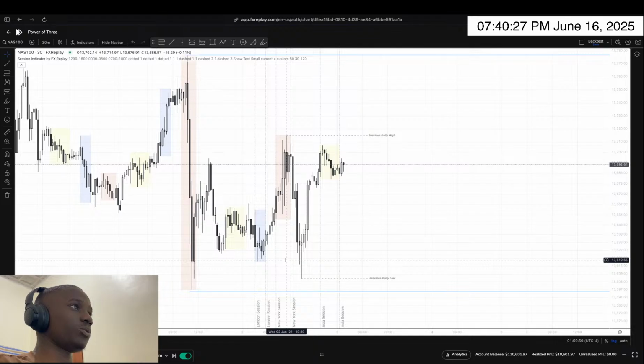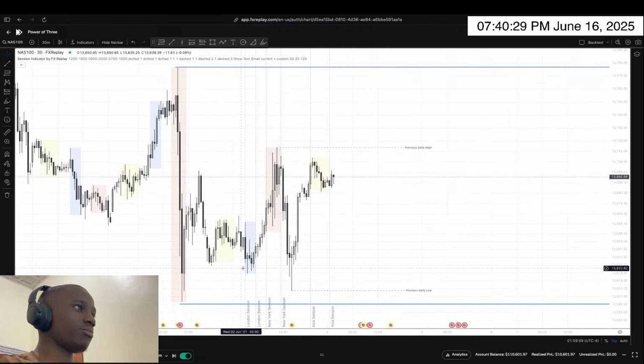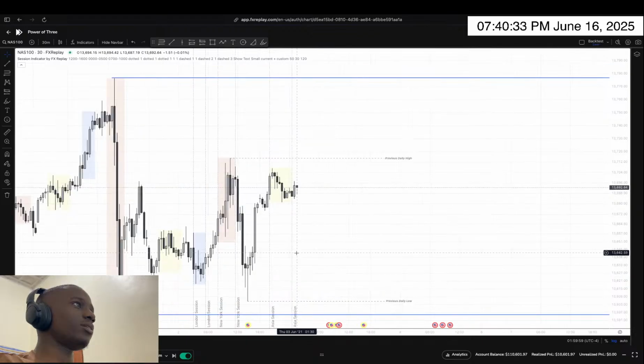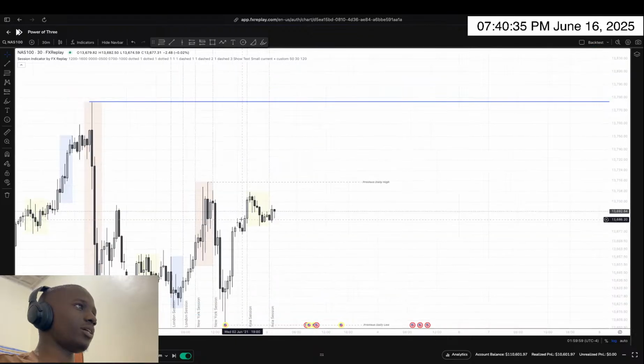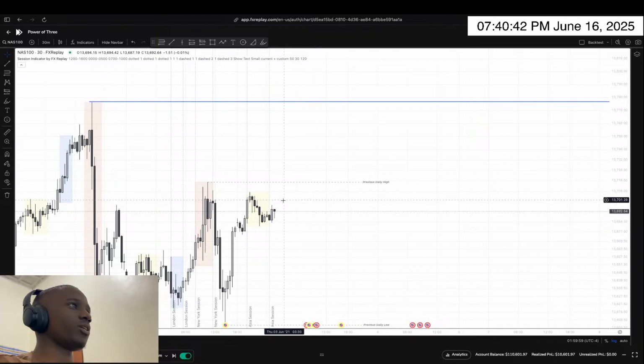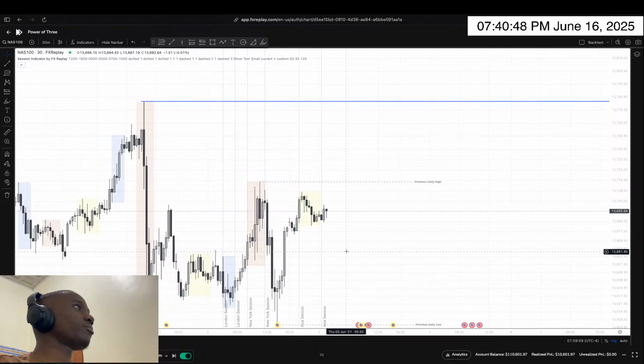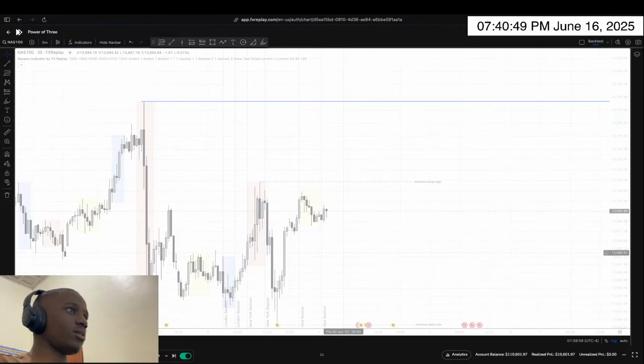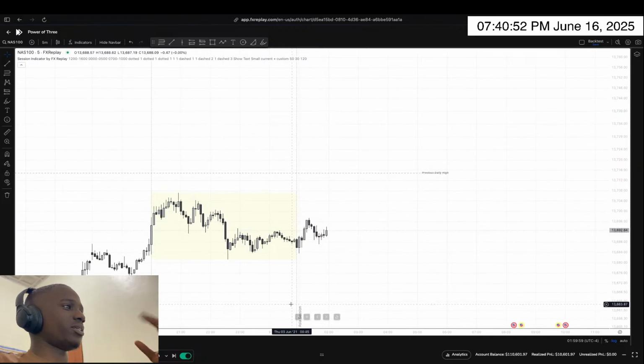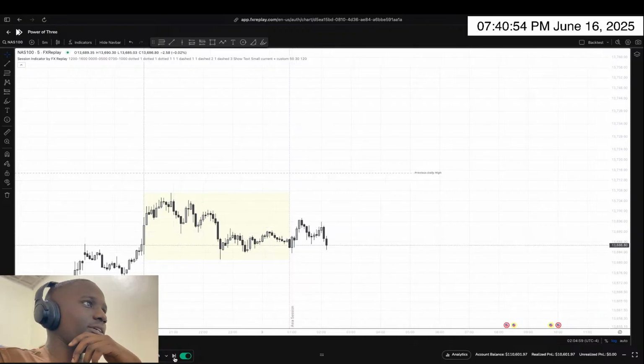Yeah, you can see we took out this low, this one, this one, this one, and you can see we tried to push higher, created a high right here. So if we shift above this high and respect a POI, we can expect to push higher. If we just sweep, we can expect some Judas swing into this fair value gap. So let's not delay in the words. Let's just see what the market does, and then we react accordingly.